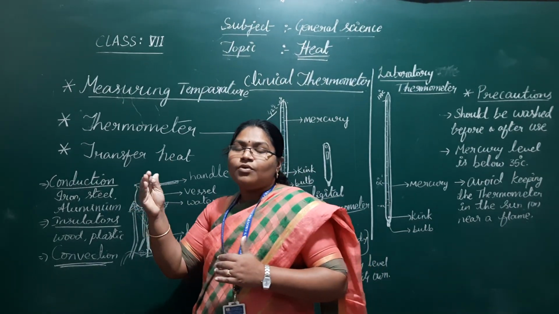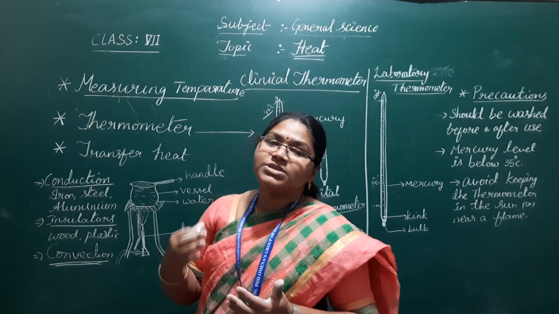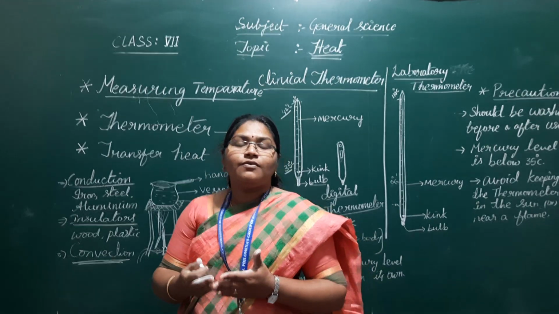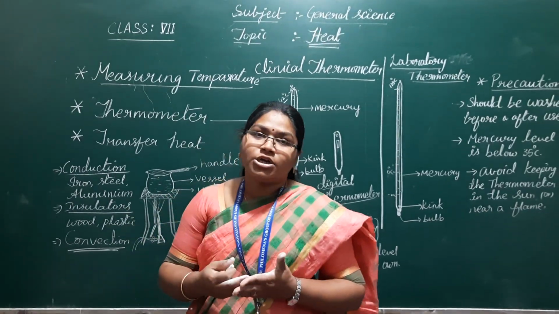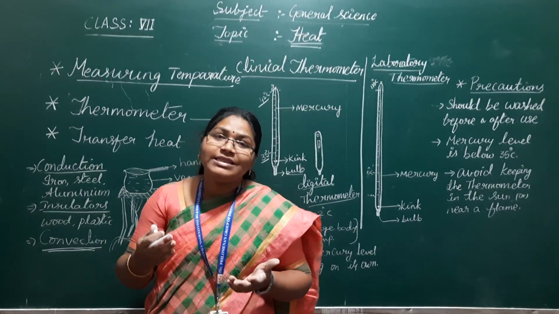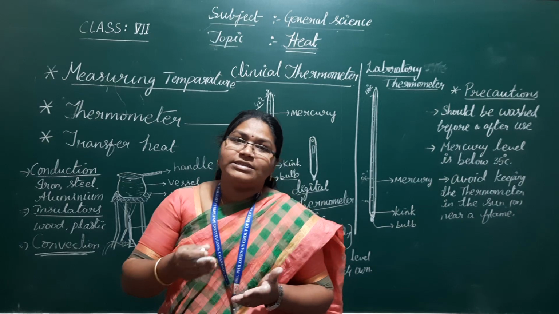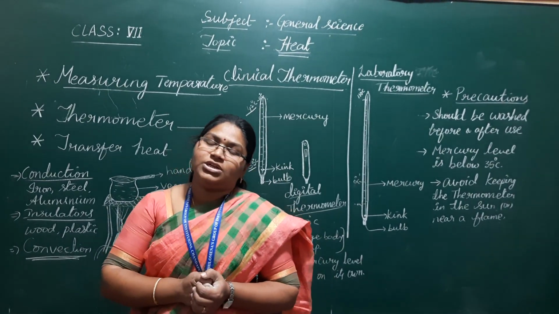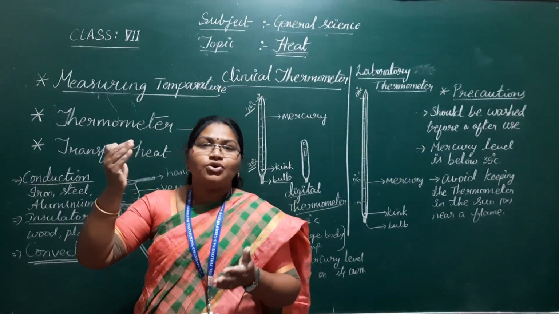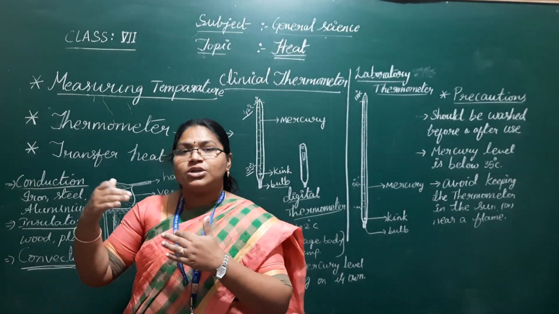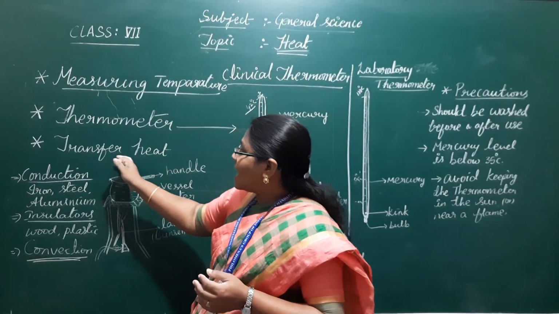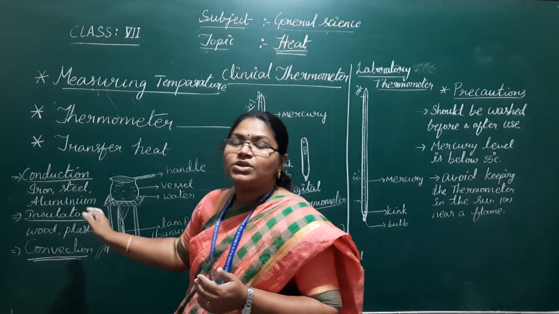From the sun, we are taking heat and light, right? Suppose in the afternoon you go outside, you will feel very warm, very hot. At that time, even if you cover your face or head with anything, you can still feel the warmness. That condition we call radiation. So what do you mean by radiation? The transferring of heat from the sun to our body, humans to humans or any living organisms, we call the radiation process. So this is the transfer of heat through conduction and insulation process.